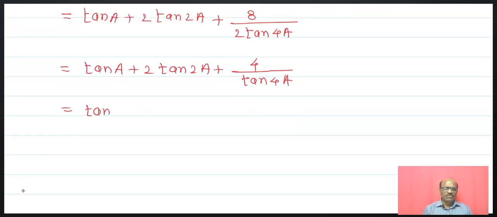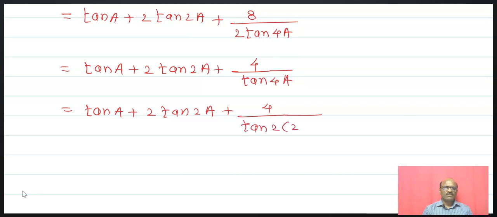Now what is the tan of 4A? That is, 2 times tan of 2A plus 4 upon tan of 4A is nothing but 2 into tan of 2A, and simplify this. Tan of A plus